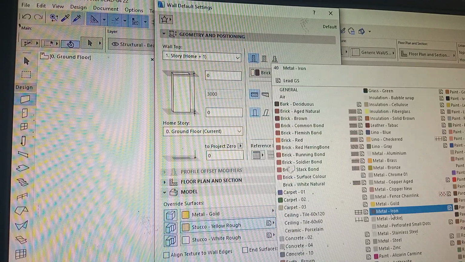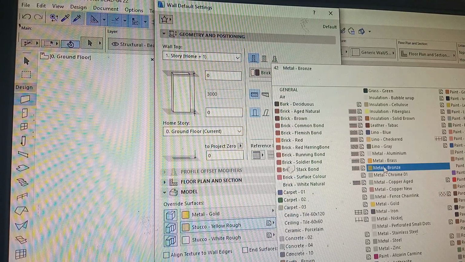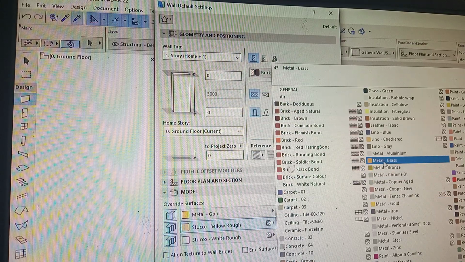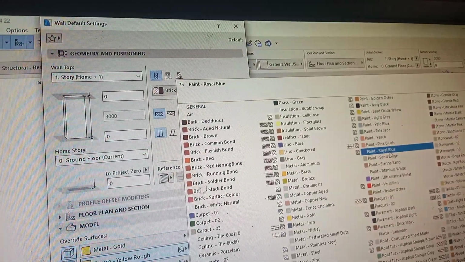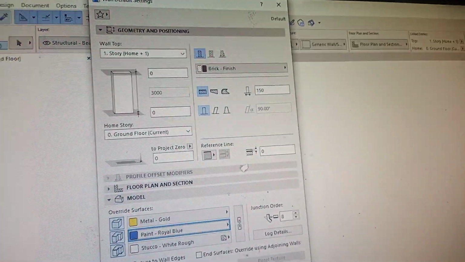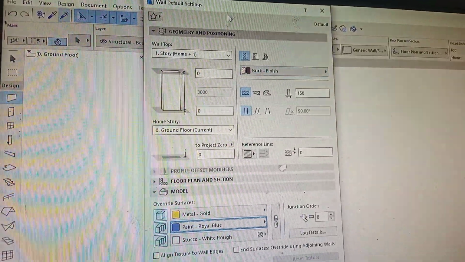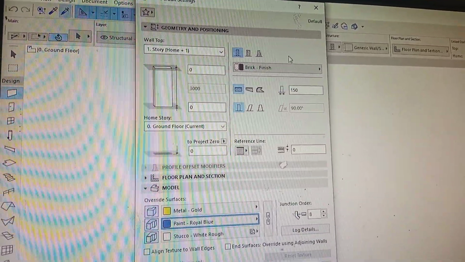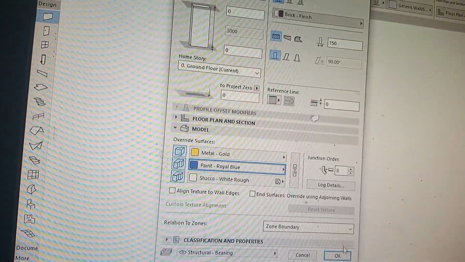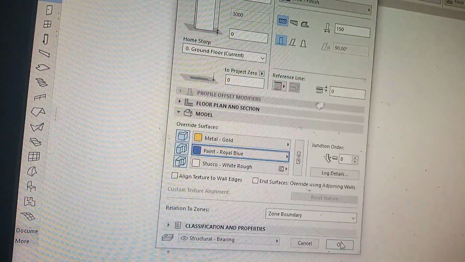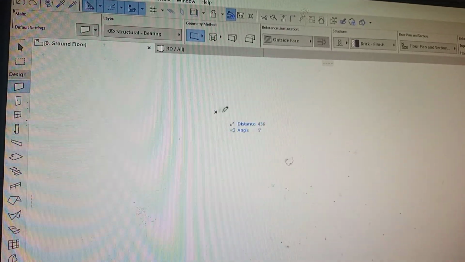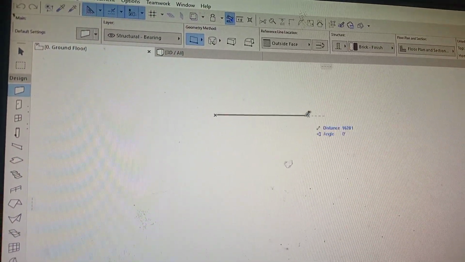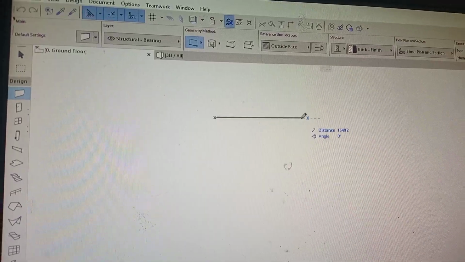Then inside select royal blue. Okay, then after that make sure you click okay. So when you left click to start drawing our wall, you see that it shows you the distance, the